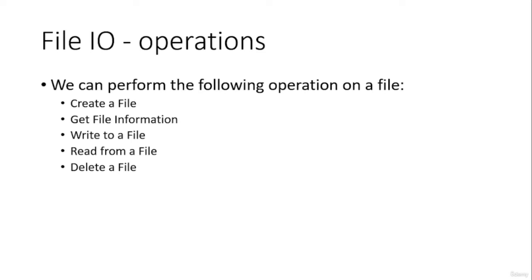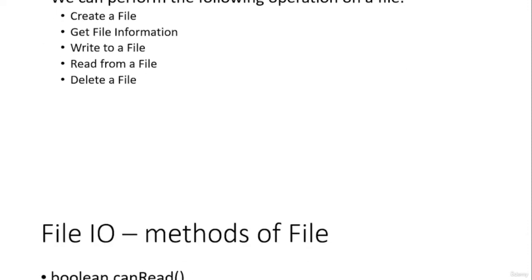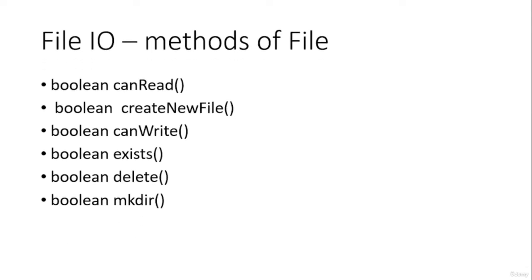And next we will discuss some of the operations which we can perform using the file API methods. The first ones are create, read, update, delete, and you can also write into particular files. So all the CRUD operations can be performed using the file API. Now let us discuss some of the methods which are present in the File class. The File class is an important class in the file API which consists of all these methods which we will be discovering in our practical examples. So let us start with these methods.